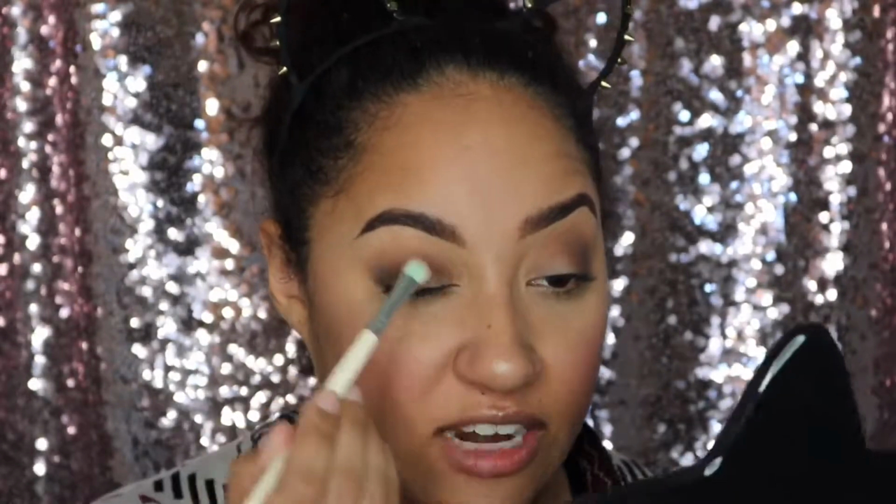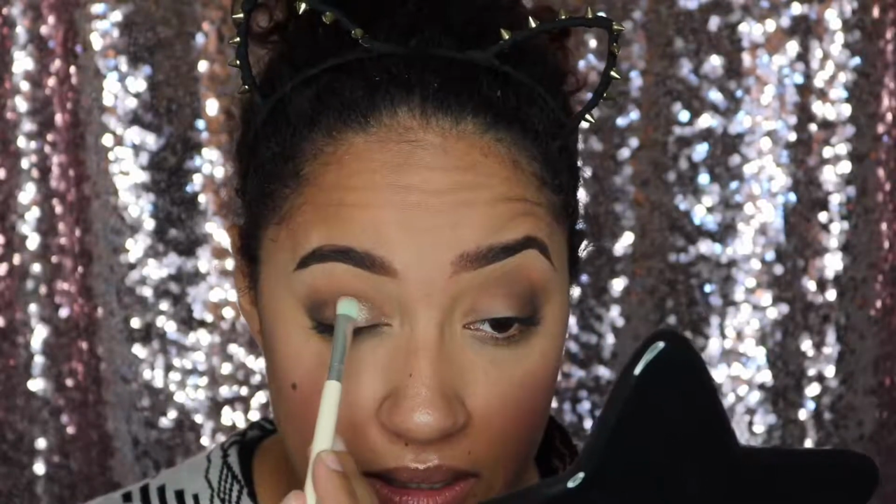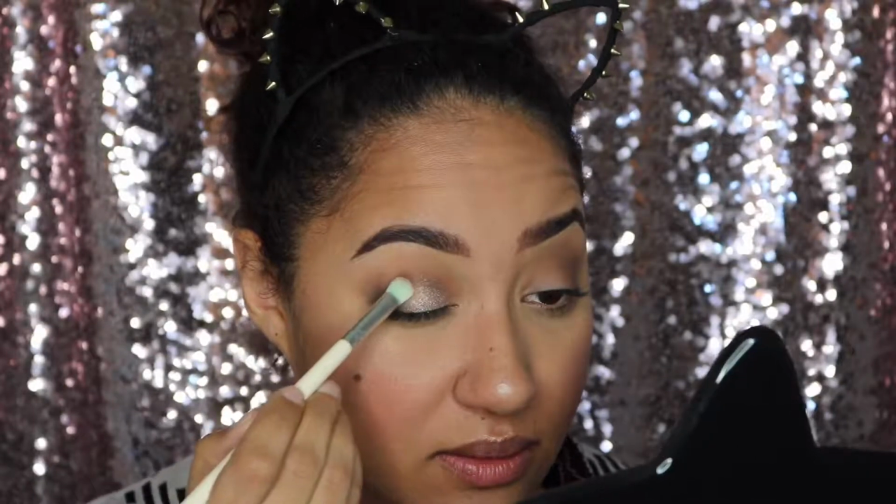Let's see how much we can get on there with just the brush before we have to wet it or anything like that. So let's go ahead and take this and just kind of pack it on to the lid. Wow. Yeah, that's very shimmery on its own. I'm sure with a little bit of Fix Plus we can make it much more shimmery-er. It's most likely not a word, so...